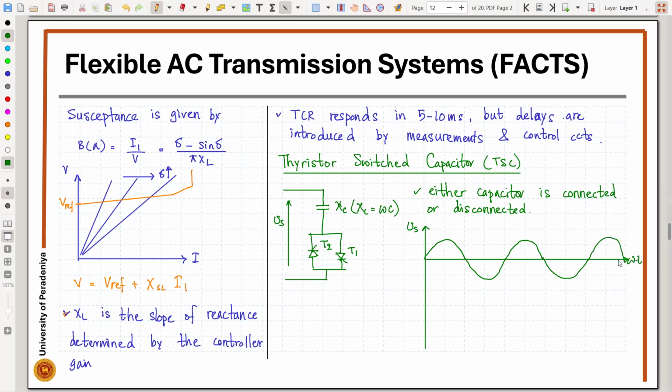This is omega t. So if we consider the compensator current,